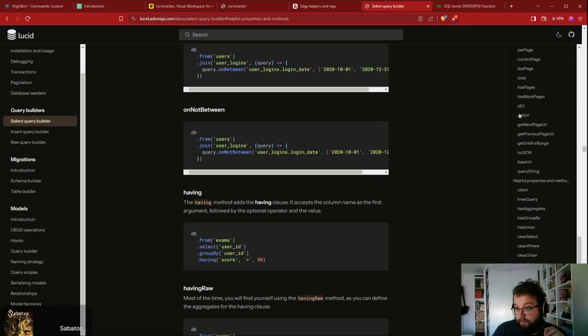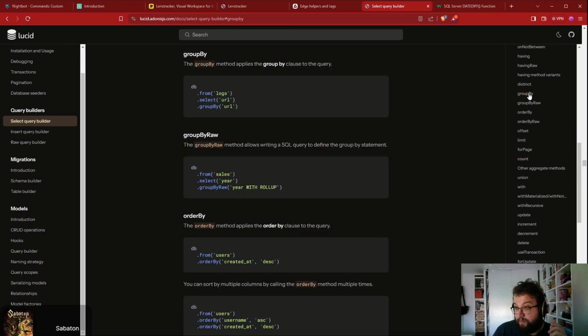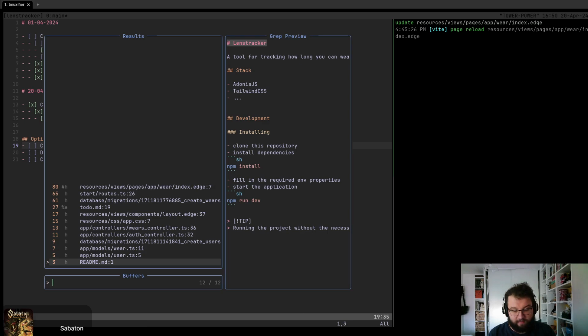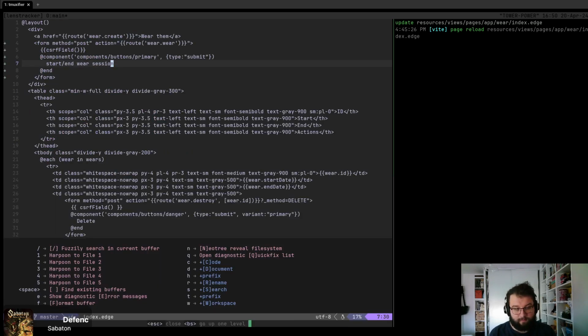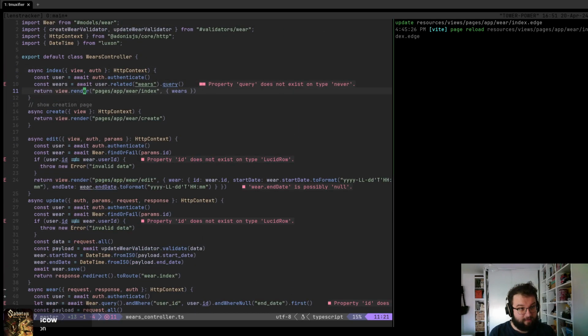The one thing that I'd like to see is in here, right? Do I have group by? And I was writing a SQL query to define the group by statement. Okay. So we'll probably do something like this. Let's try it out and see if we don't break anything. Hopefully we don't. Where the hell is it? Okay, there we go. So in our index,